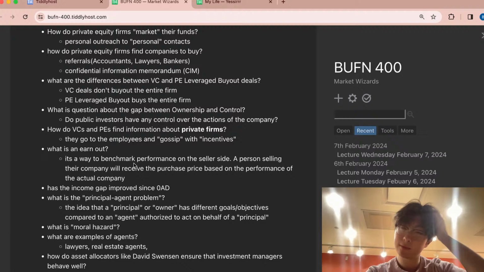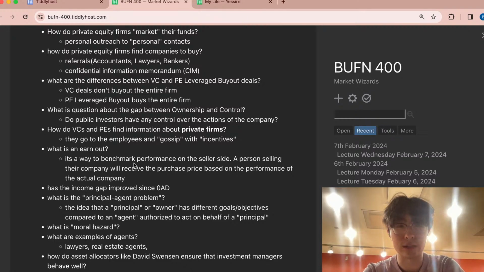In the past, the way it's been done is with referrals. Within the private equity world, there are very well-educated people, and these people are connected to other well-educated people, possibly in high finance or the corporate world. Most of these guys probably have a strong alumni network, went to some Ivy League schools, and know accountants, lawyers, and bankers. These are probably the guys who will refer you to possible companies that are looking to exit.